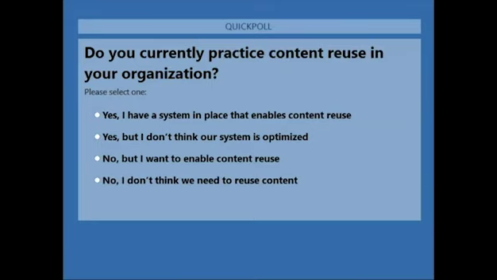The options are: yes, I have a system in place that enables reuse. Yes, but I don't think our system is optimized. No, but I want to enable reuse. No, I don't think we need to reuse content. I'm not sure why you're on the webinar if that's your answer, but we do accept all answers. I'll give just a couple moments to collect responses.